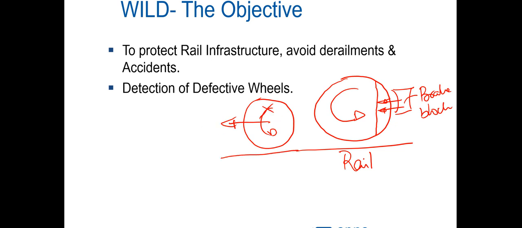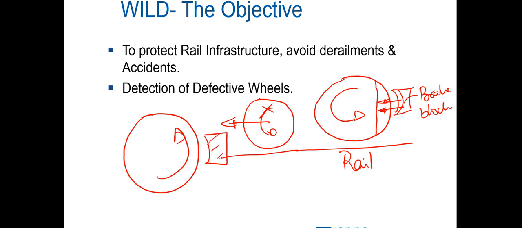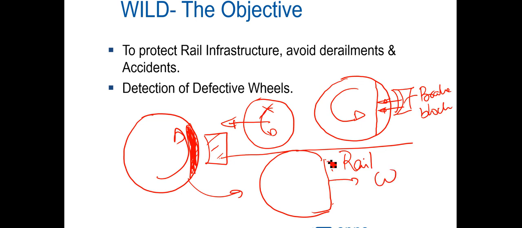In this case, the brake block remains fixed and the wheel moves against it, and like you would run a chucky or a grinder, over a period of time this material gets worked out. The net result is that the wheel tends to attain a shape like this. It's no longer circular, it's become flat, and this situation is called a wheel flat. So what causes a wheel flat? It's caused by brake binding.